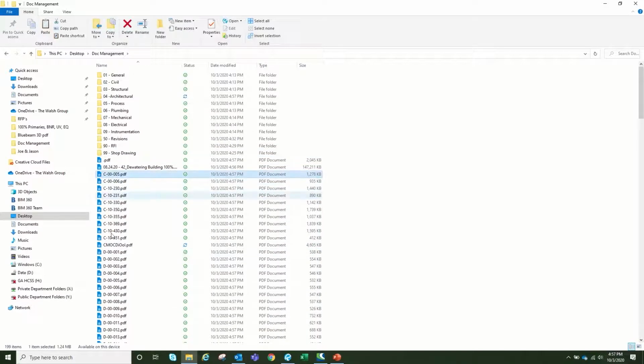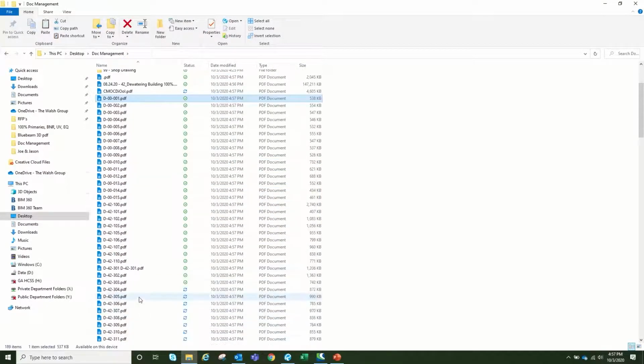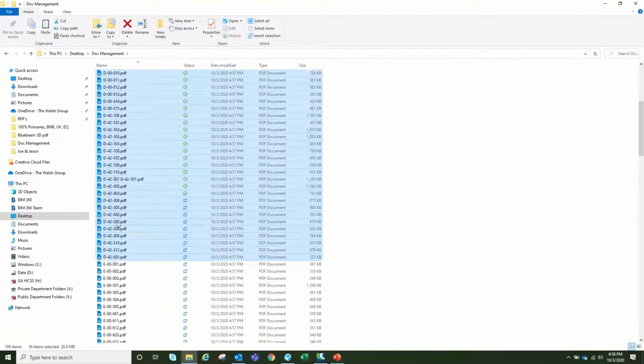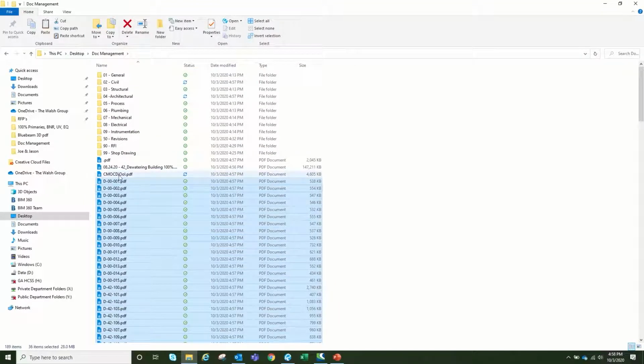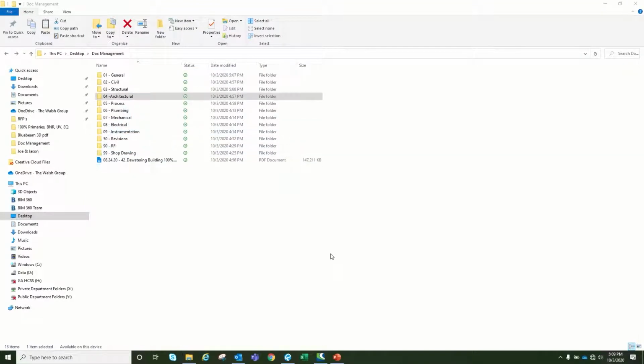I'm going to grab all the civil drawings and then drop them in the civil folder. I'm going to grab all the process drawings and then drop them in the process folder. And then I'm gonna do the same process for all the drawings. So now that I have all my drawings in each corresponding folder, the next thing that I'm gonna do is